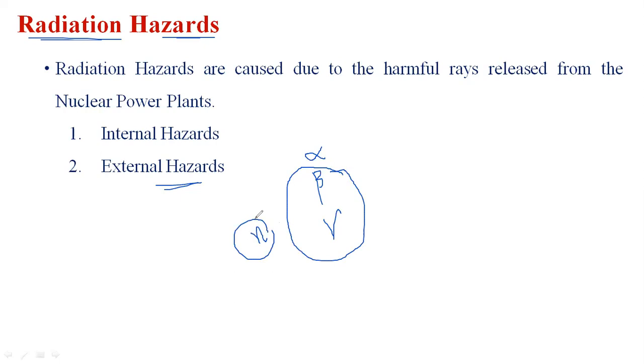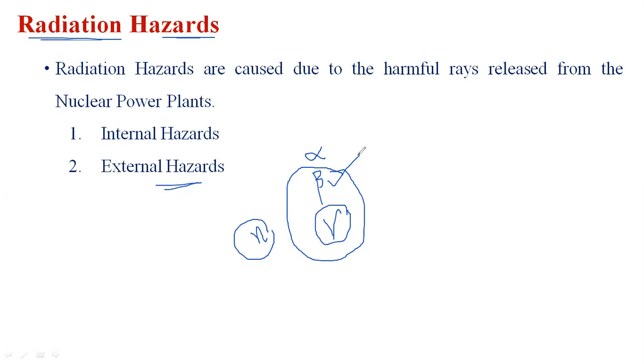Gamma rays are the most dangerous radiation, and due to that, leukemia, lung, liver, skeletal, and other cancers are caused. They are also injurious to the skin, and skin diseases take place. Due to beta radiation and a small amount of neutrons, respiratory problems and DNA problems arise. These are the major drawbacks.